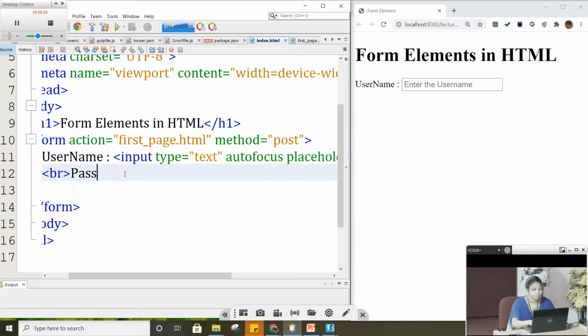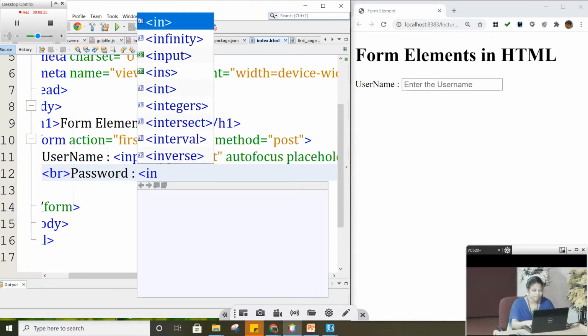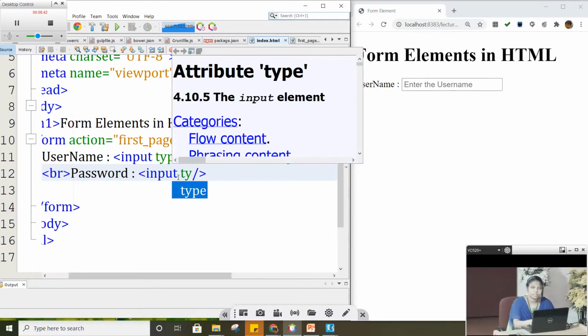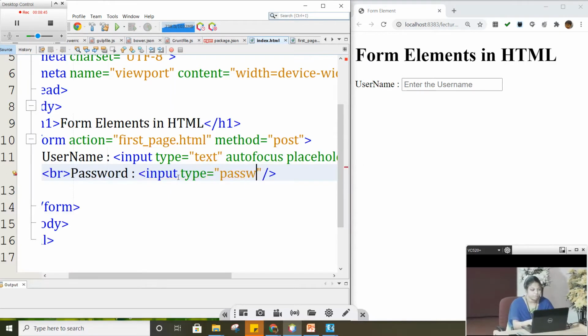The next thing, I'm going to get the password from the user. For that we have the tag as usual, the input tag, and it is an empty tag, so I'm ending it with the slash, and here I'm going to give the type as password. Usually we know whenever we are typing a password, it should not be visible to the user. So when I say type as password, automatically the text I'm going to type will not be visible to the user. Instead, I will get some bullets on it. So here you can see the output: username is there, followed by the password.